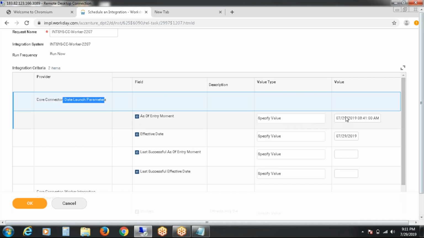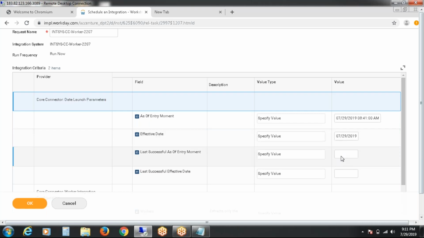It means when you have entered the from date, what will be the effective date that you are looking for, what was the last successful run that happened, and the last effective date when it was entered, and when it was launched, and till date what you want, so on which date that you are looking for. So these things we need exactly.